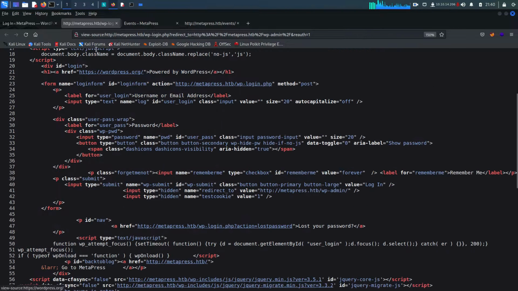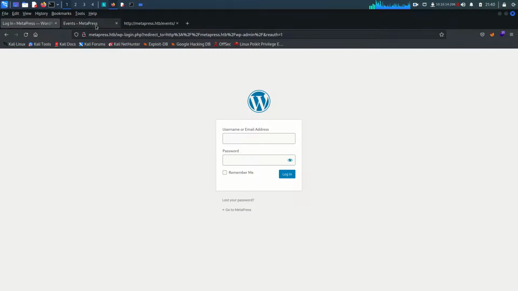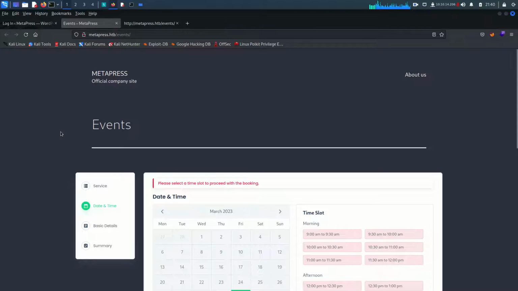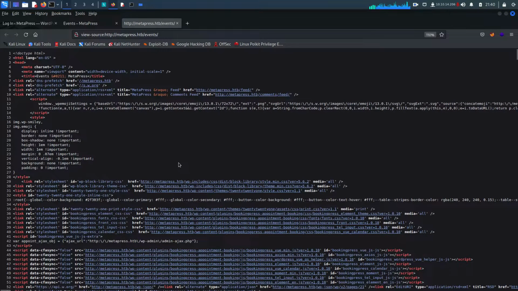WP admin, nothing more here in the admin page source, but this one, events, I would like to see the page source here also. So right click, view page source,